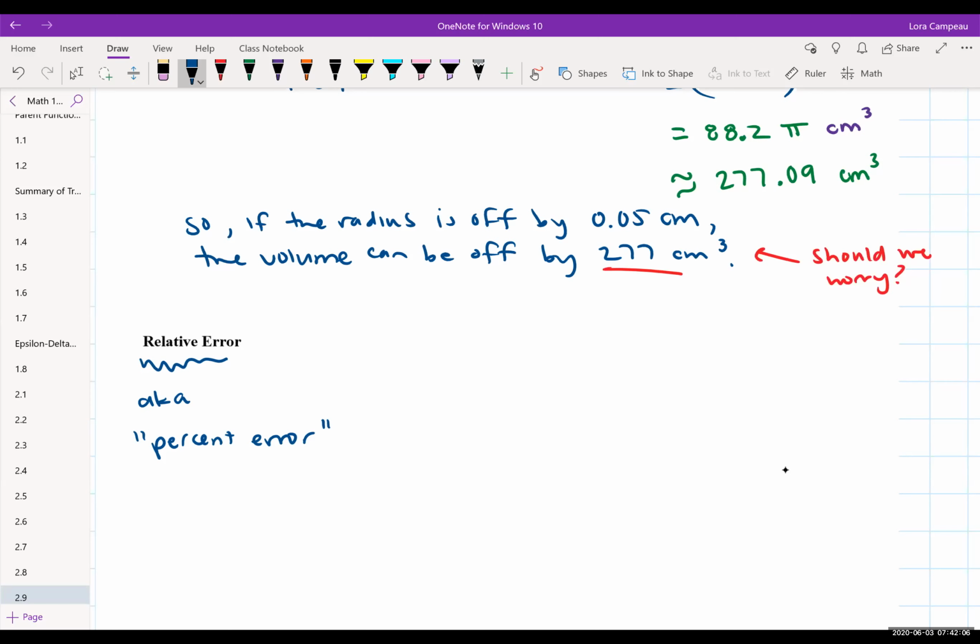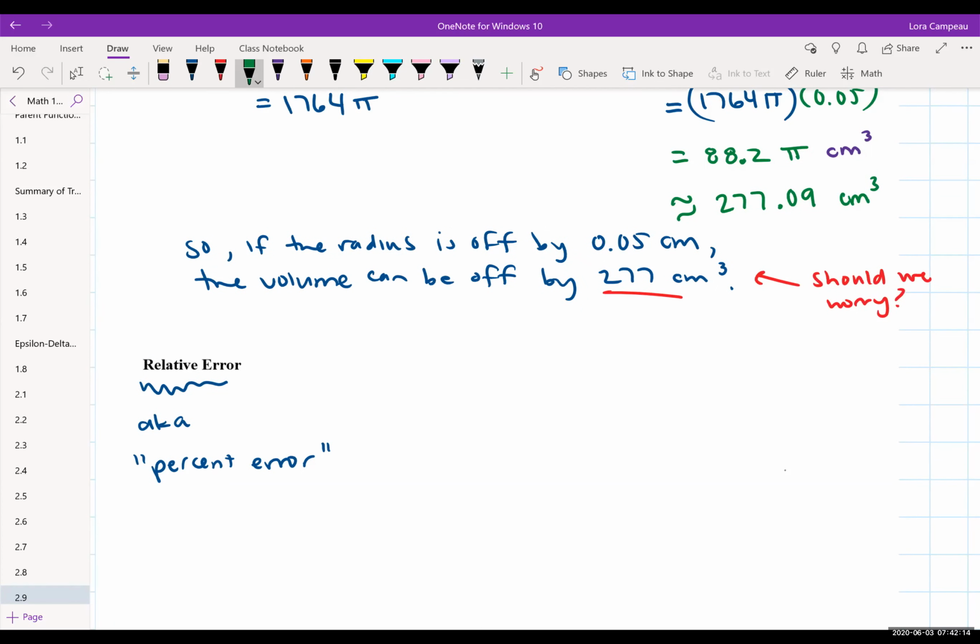So what this means, percent is always what? The part over the whole. So if we want to calculate the relative error for the volume, i.e. how worried should we be, that would be the differential over the original volume. And remember, we're approximating because we don't really know the changes in volumes for all those